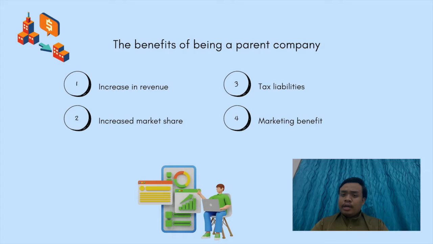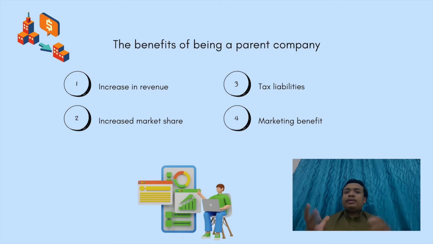Acquiring a similar company can allow a parent company to gain more customers and market share by working through its subsidiaries. It can also gain access to new markets by acquiring companies that provide different products or services. The third one, tax advantage. In some areas, a subsidiary company may reduce the tax burden of the parent company. For this reason, some parent companies operate subsidiaries in other countries or states to protect their profit from some kind of taxation. Last but not least, image.